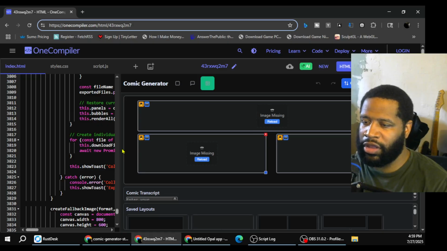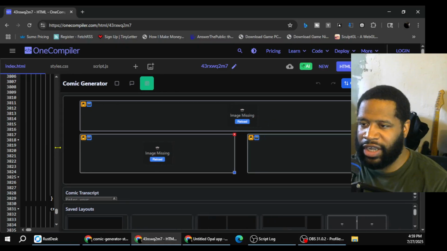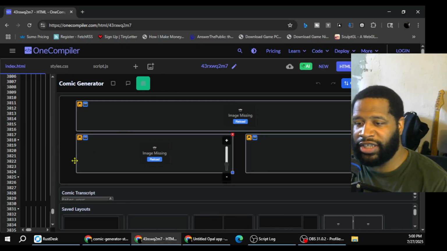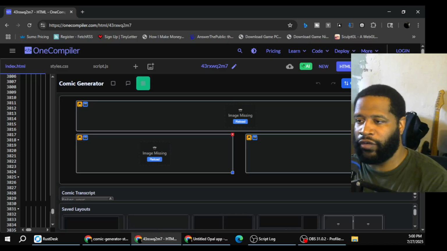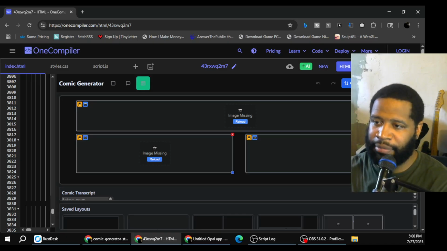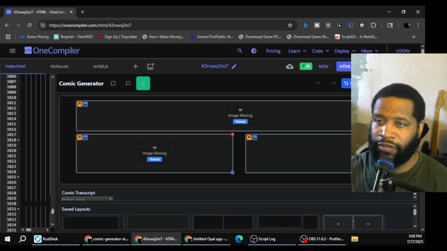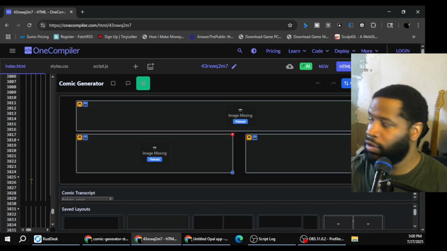But with Opal, there will be no coaxing that you can do to get the functionality that you're looking for. For a very long time, I don't know when they're going to add it, but for a very long time, you're not going to get the functionality that you're looking for with Opal. So anyway,